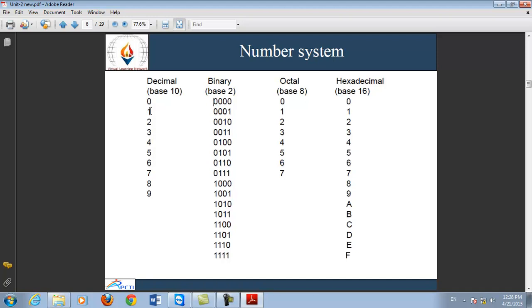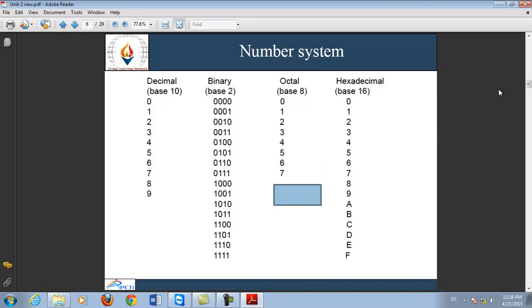Now, to find the next number in binary, you have to add 1 to this number. It means if we add 1 to 0000, then we will get 0001. This is the process of binary addition. Another shortcut method which you can use is 8 times 0, 8 times 1, 4 times 0, 4 times 1, again 4 times 0, 4 times 1, 2 times 0, 2 times 1, and similarly 1 times 0 and 1 times 1. Binary addition and subtraction we will discuss later in this session.